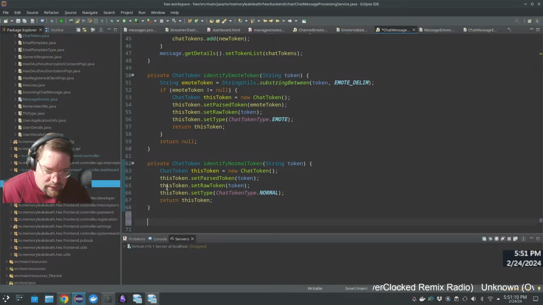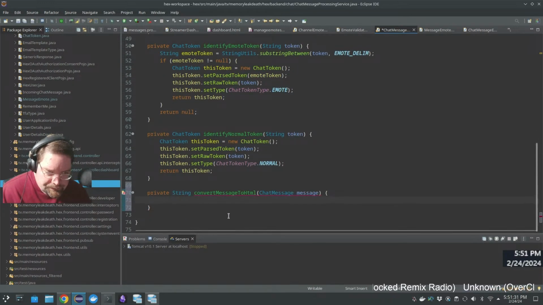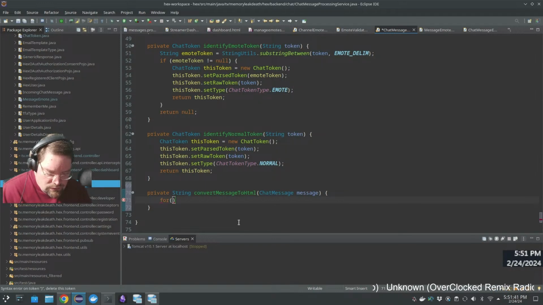So the private string convertMessageToHTML. And for each chat token in message, it tells the